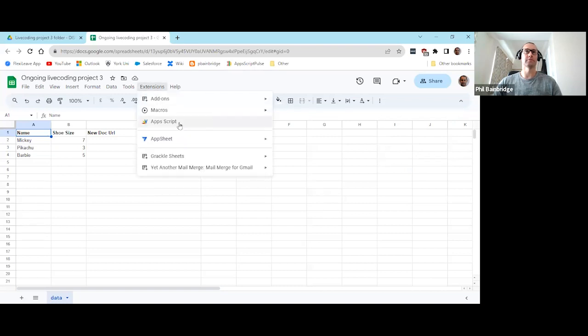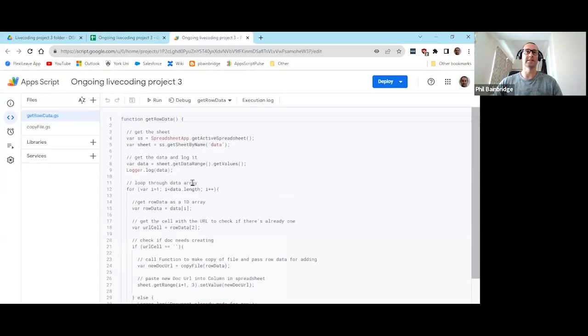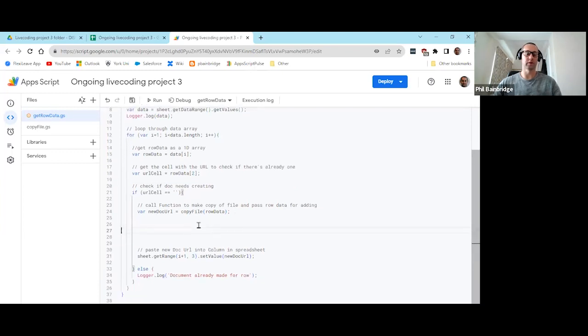So let's go into the AppScript editor of this previous project that we've been working on. And all we're actually looking to do is add a single line of code into the code that we've already worked on building together. So if I scroll down a little bit, the row I'm specifically looking for is roughly about line 24, just after we've made the copy of the file by calling our child function, is when I want the Toast notifications to appear to confirm to the person that a file has been created. So I'm going to pop my cursor at the end there, and I'm just going to hit return a few times to create some space, because I want this to be visually obvious what it is that we're doing here.